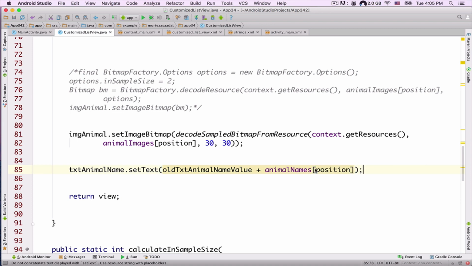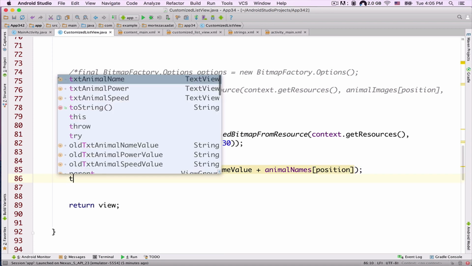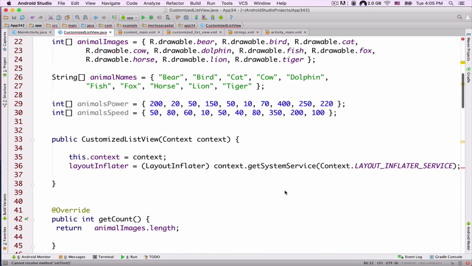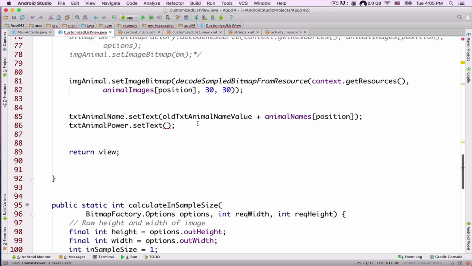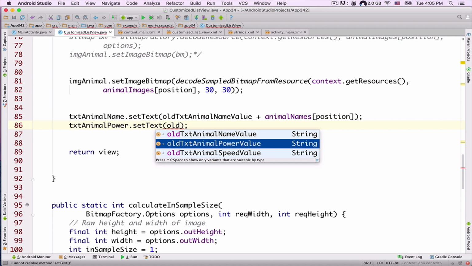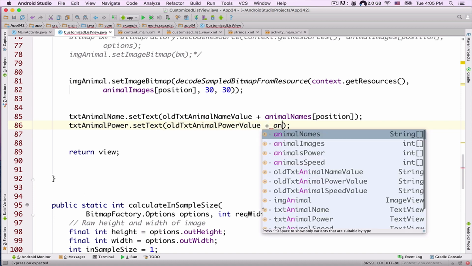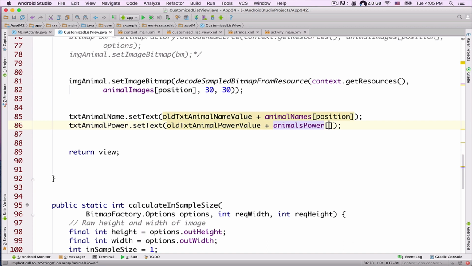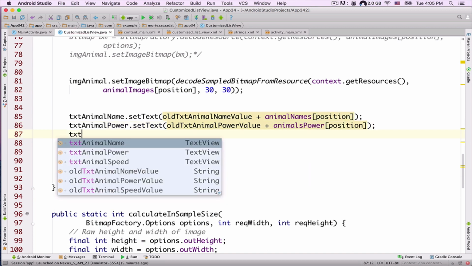And now let's actually call this txt animal power dot set text. And as you can see, we have animals power array here. So we can actually call that array here. First of all, I need to refer to the name of this: old txt animal power value plus animals power sub position. Okay, txt animal